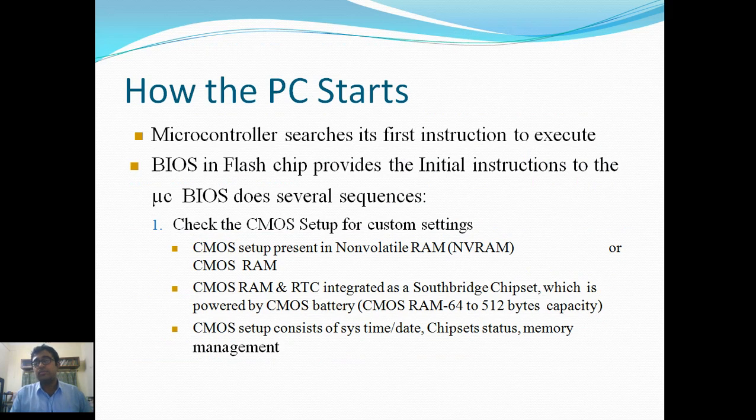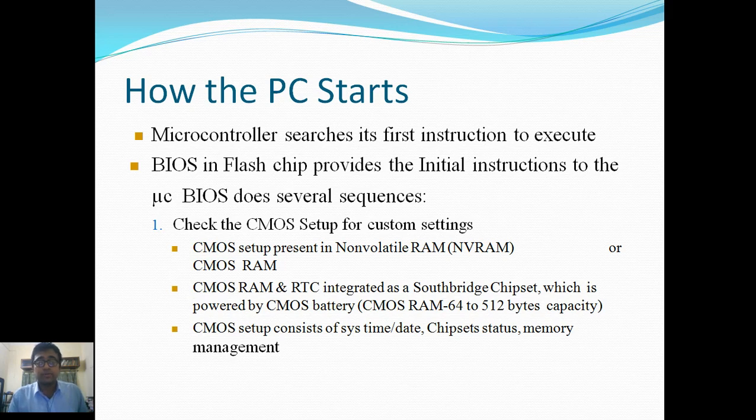Now, it's an important factor that we'll end with. This is how a personal computer starts. Simple instructions are there. A microcontroller searches for its first instruction to execute. The basic input output system, the BIOS, in a flash chip provides the initial instruction to the microprocessor. The BIOS does several sequences.